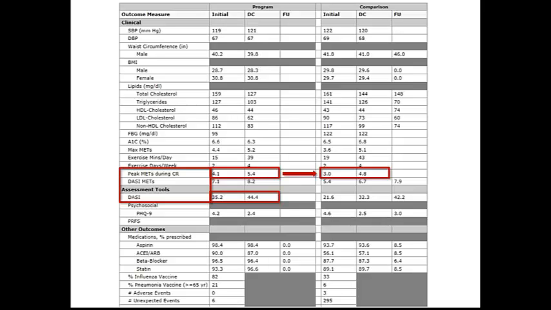I look at the DASI, which is the Duke Activity Status Index, and that's a self-reported measure of functional status. And again, we show improvement from pre to post, similar to the comparison group. Though again, here I note that our numbers not only start off a little higher, but end up a little higher than the comparison group.